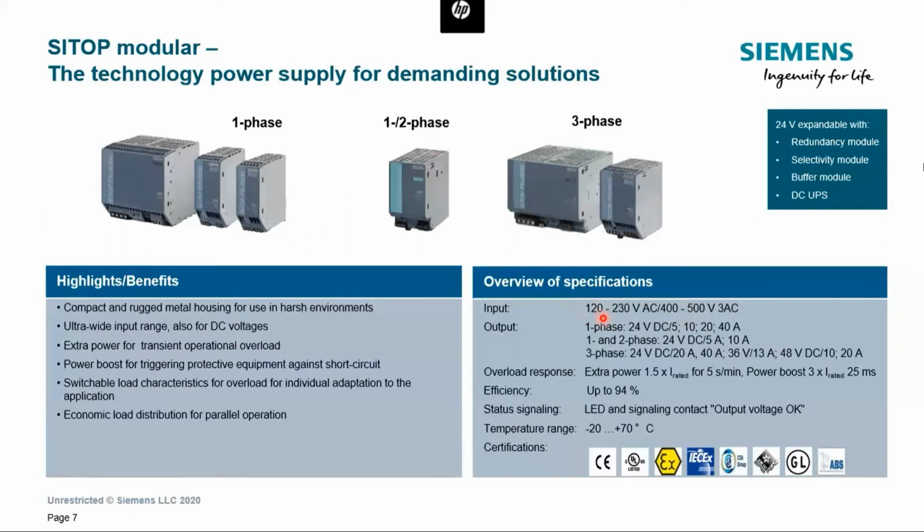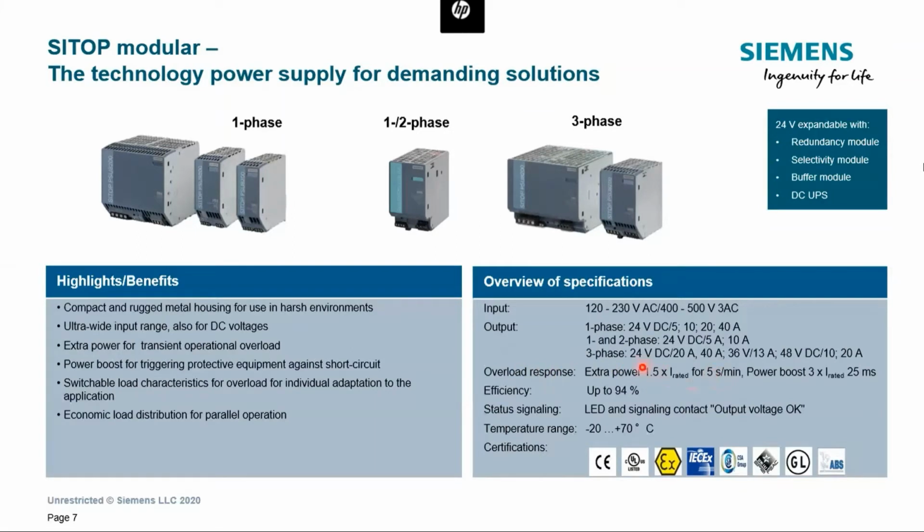This is an interesting feature, and it also covers almost all the possible ranges, from 5 amp up to 40 amps power supplies. And what is special here is that efficiency is even higher, up to 94%, and the overload response again has some special